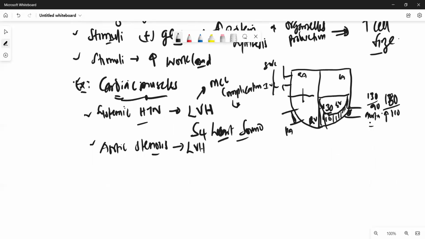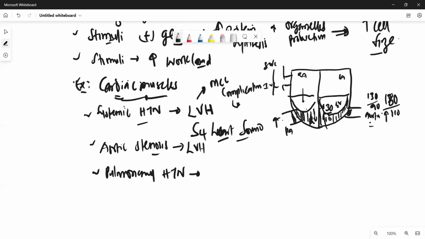Moving on, another example of hypertrophy is going to be on the right side. If somebody has pulmonary hypertension, that means the pressure in the pulmonary system is increased. As a result, that will increase the afterload in the pulmonary system. Just imagine the pressure has increased. That means the right ventricle will be contracting against high pressure, and that can lead to right ventricular hypertrophy,